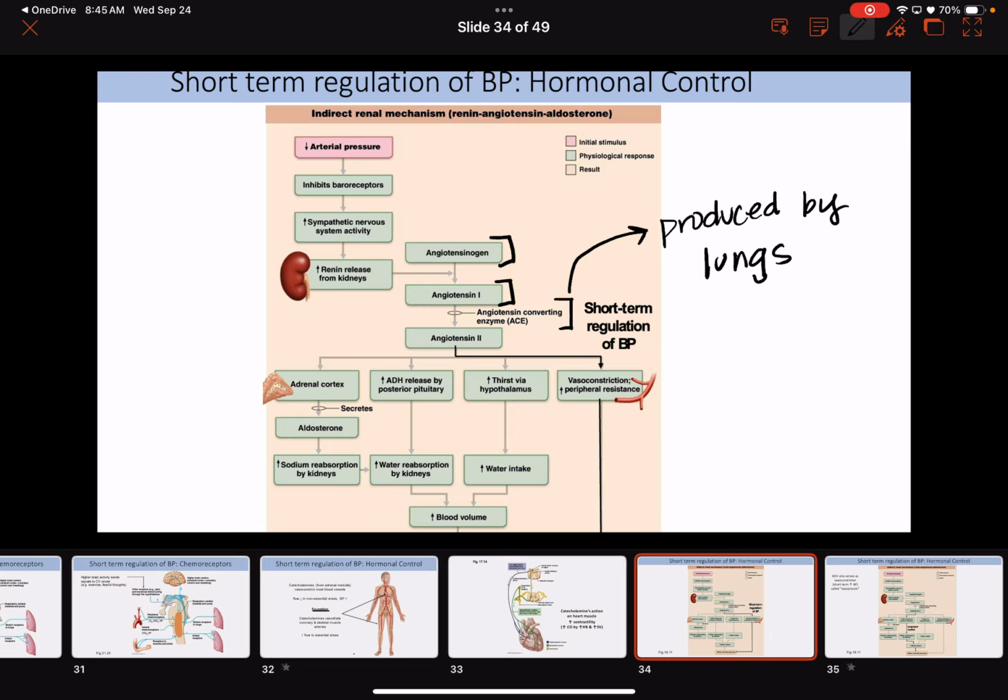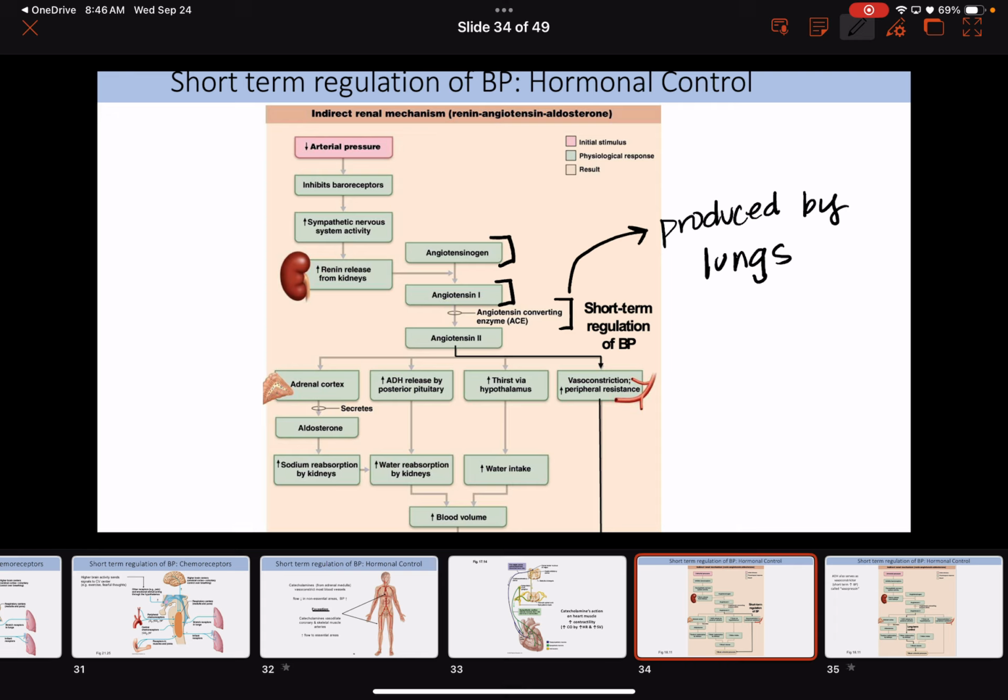So again, a drop in arterial pressure, baroreceptors detect that change. It turns on our sympathetic nervous system in effort to increase heart rate. That causes the release of renin from the kidneys, which is going to convert angiotensinogen into angiotensin 1. We have this enzyme from the lungs that's going to turn angiotensin 1 into angiotensin 2. And then angiotensin 2 is going to have all these different effects throughout the body in order to increase blood